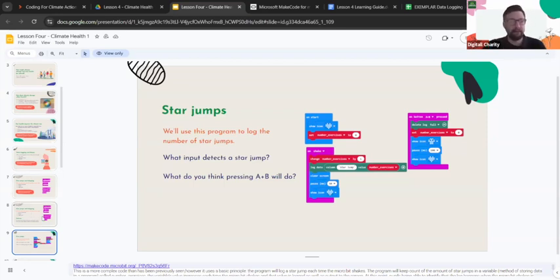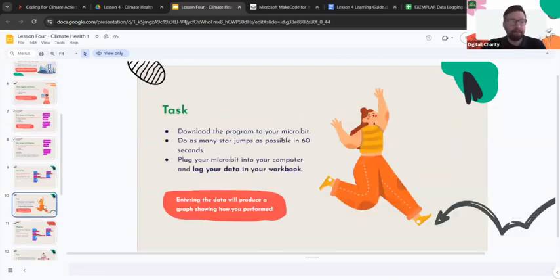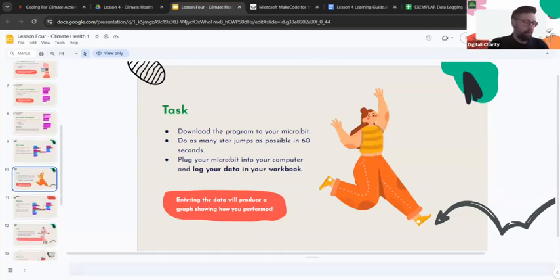But of course, if you've got students who are aspirational, they understand the variable concept, then please do explore that with them. So download the program to the microbits. Do as many star jumps as possible in 60 seconds, and then log the data into the workbook. So you will remember, hopefully, that to log the data, we plug our microbit back in, and then